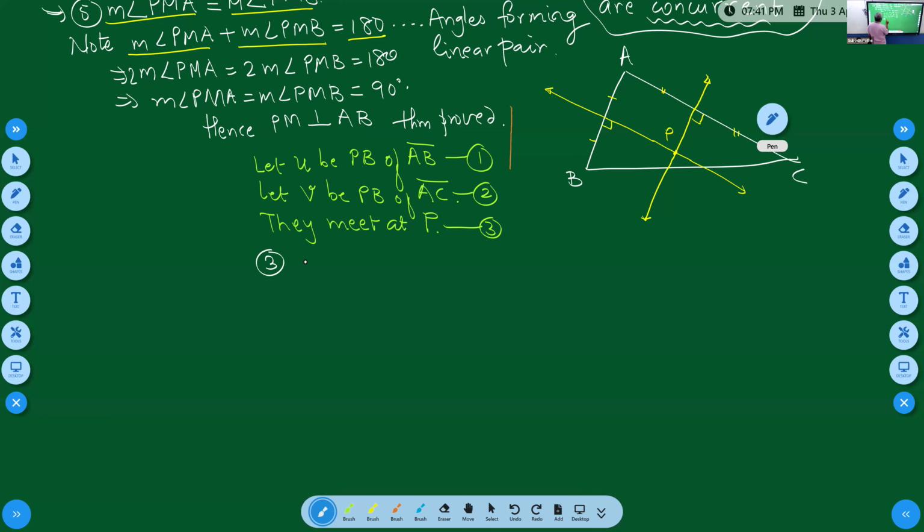P lies on perpendicular bisector of AB. Right? They meet at P and both of them are intersecting there. So I am again writing P lies on the perpendicular bisector of segment AB. But this was our condition of PB1. This implies by PB1,